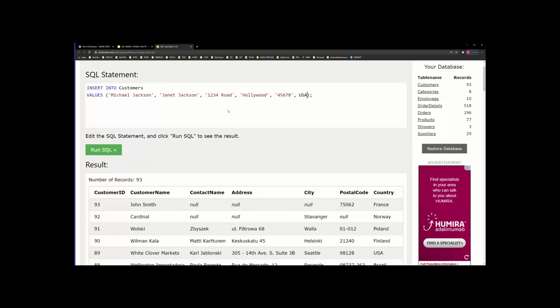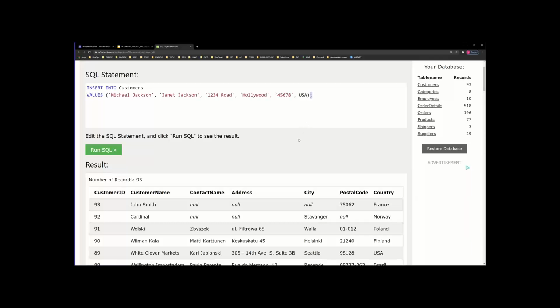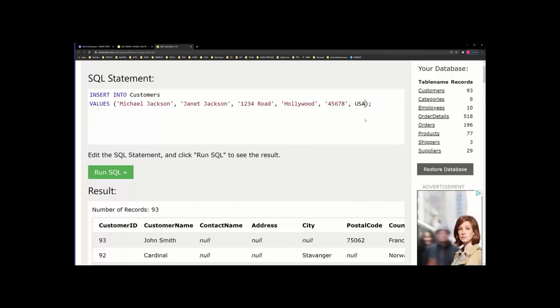What mistake did I make? We could put a semicolon. You didn't put it in on your USA. You didn't put the semicolon. The quotation mark. Correct. Yeah. Correct. So now if I run SQL